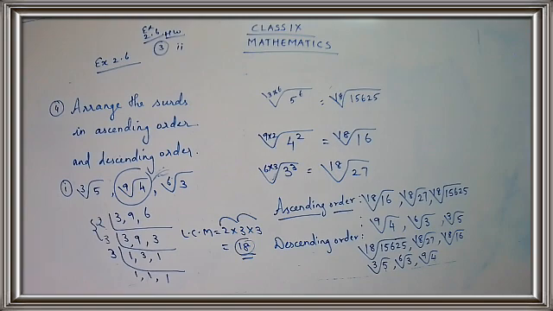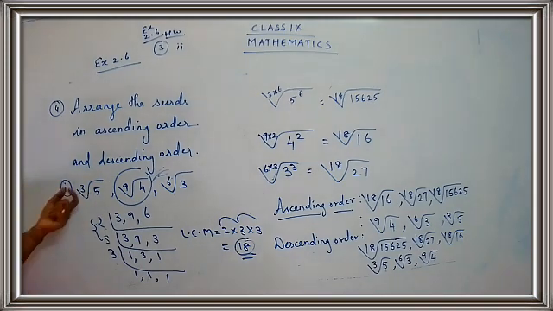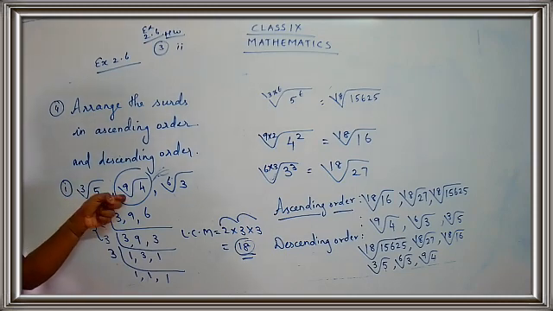So are you clear? Okay, I'll just explain to you once again. The question was to arrange the surds in ascending order and descending order. You're being given surds with different root index. What was the root index over here? It's 3. What is the root index here? It's 9. And what is the index here? It's 6. So it's different. When the root indices are different, we cannot arrange the surds in any order. So what is the work? We are going to make the index same.